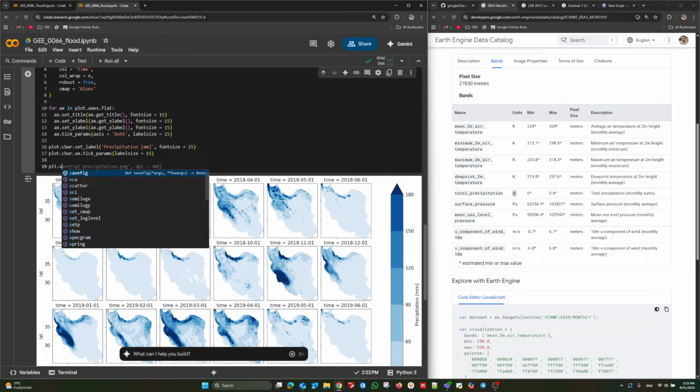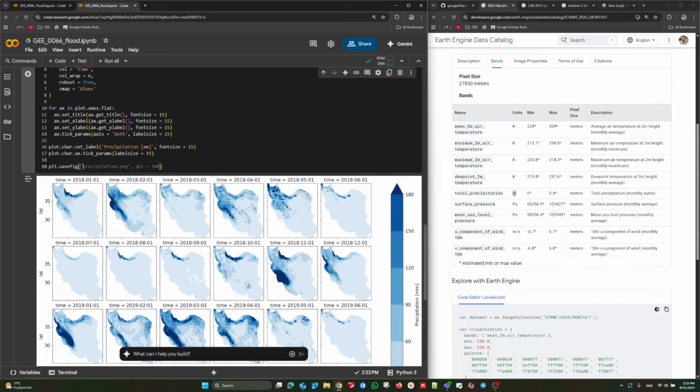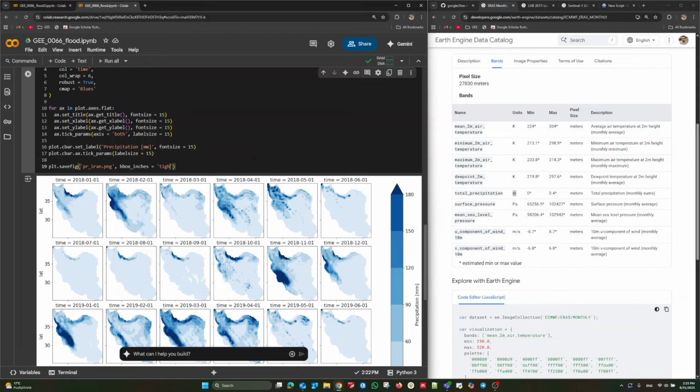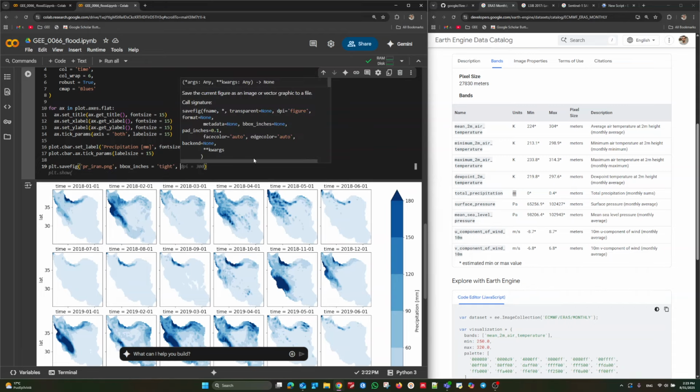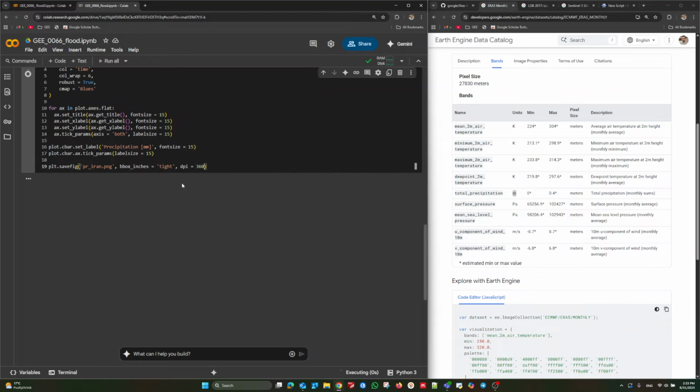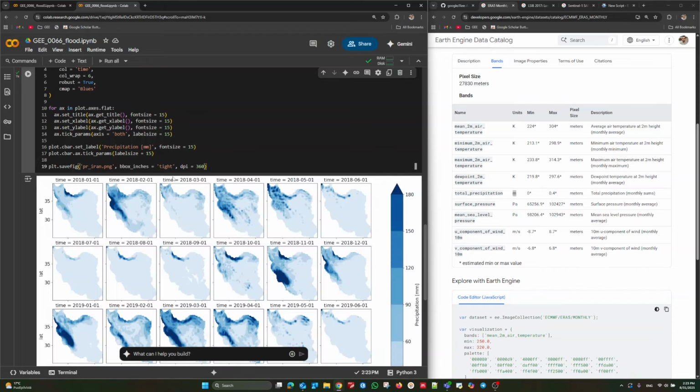Let's actually get an export from the plots using save fig. Precipitation 2018 or 2019. Let's save it as P-Iran with PNG, and the next one is bbox inches, set to tight, and the next parameter, yes, is DPI. 360 typically gives us a good quality for the output that you can easily use in your thesis or in